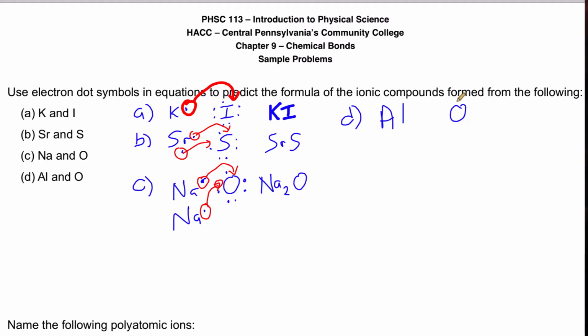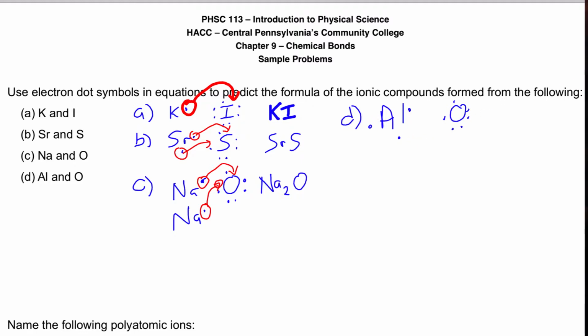Now we just did oxygen. Oxygen had 6 electrons. So let's put those in here, 1, 2, 3, 4, 5, and 6. So it has 2 open spaces. Aluminum has 3 electrons in its outer shell. So 1, 2,